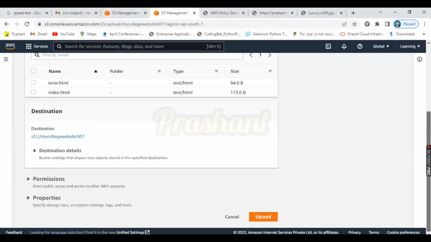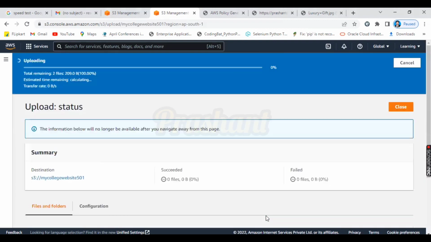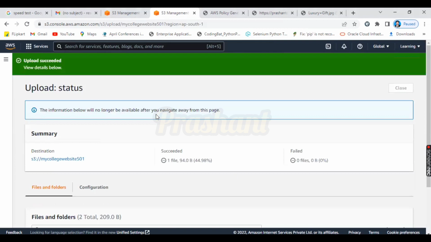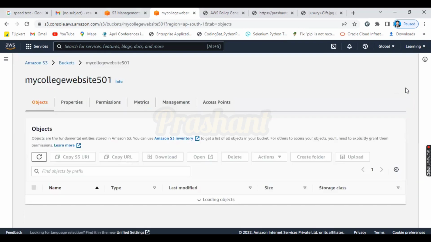Scroll down and click on the upload button. See here, both the objects uploaded successfully. Uploaded successfully. You can close it. And now,